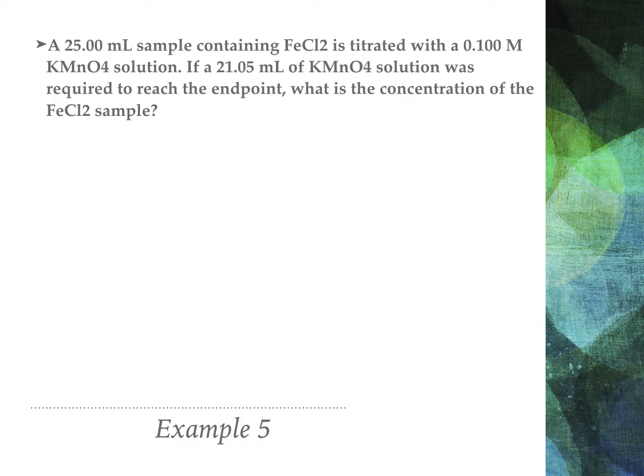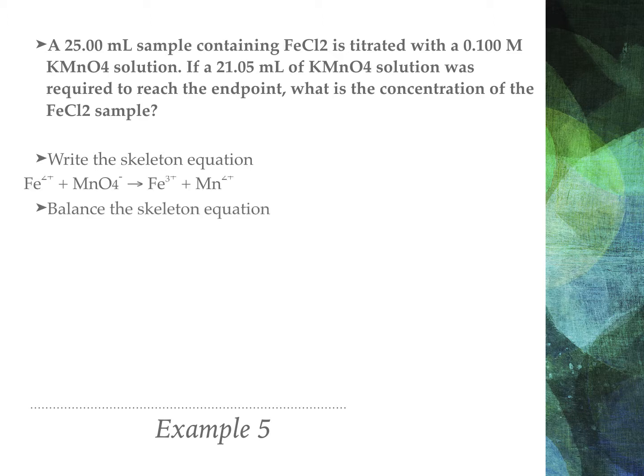A 25 milliliter sample containing iron chloride is titrated with a 0.100 molar solution of permanganate. If it takes 21.05 milliliters of permanganate solution to reach an endpoint, what is the concentration of the iron chloride sample? Let's take a look at our skeleton equation. By balancing the skeleton equation, we get, and that leaves us with a net equation of